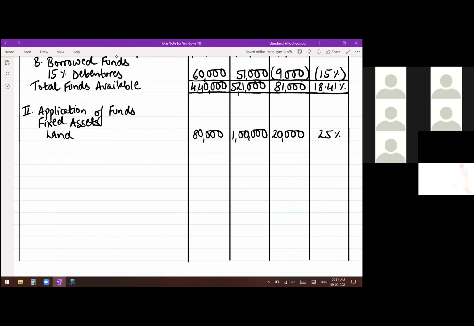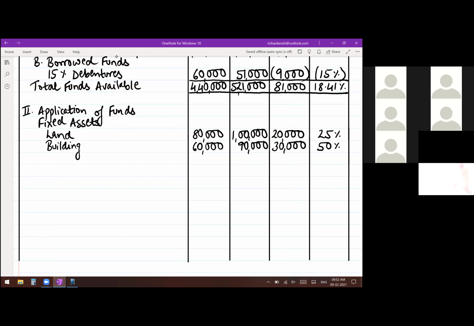Continue. The next item there is building. What you can do is keep a rough sheet at the side so your calculation can be done quickly. Building for 2018 is 60,000. For 2019, 90,000. What is the absolute change? 30,000. And 30 divided by 60 into 100. Percentage change. 50%. Correct. Change upon initial amount.